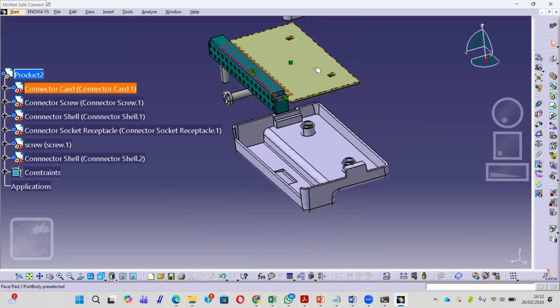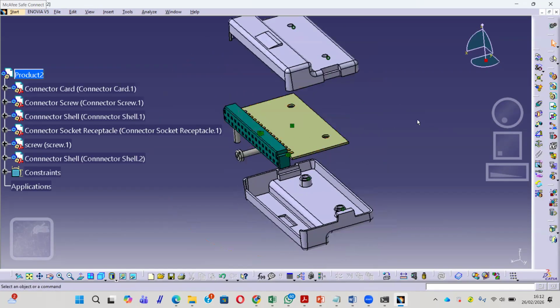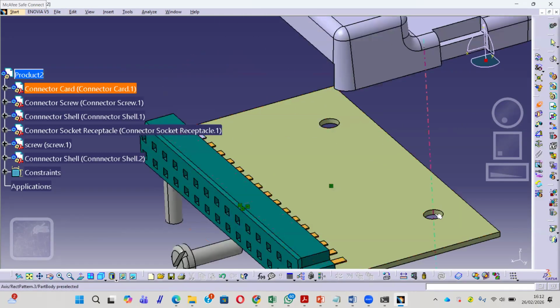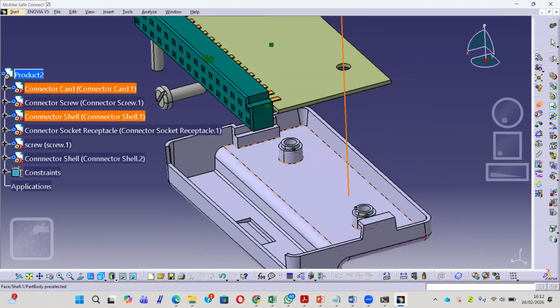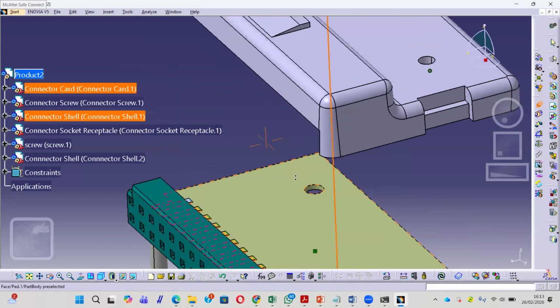And then this one, we have two holes here, in the same way. We use coincidence constraint between this axis and this axis, and then constraint again between this axis with this hole.